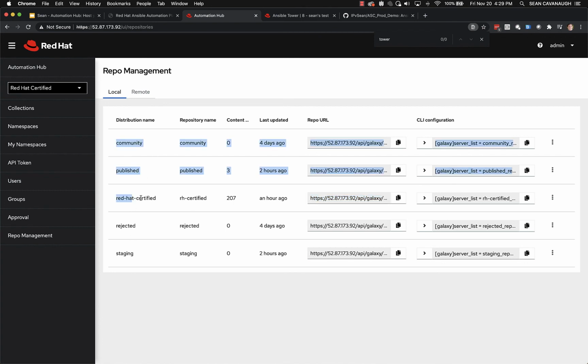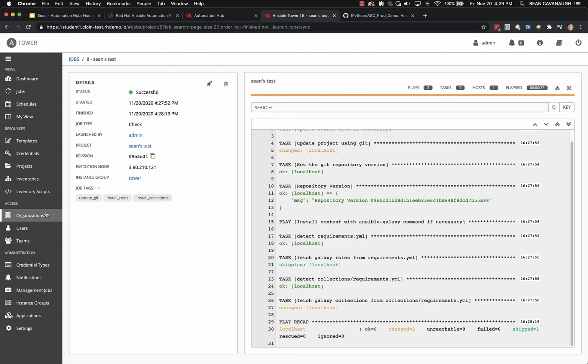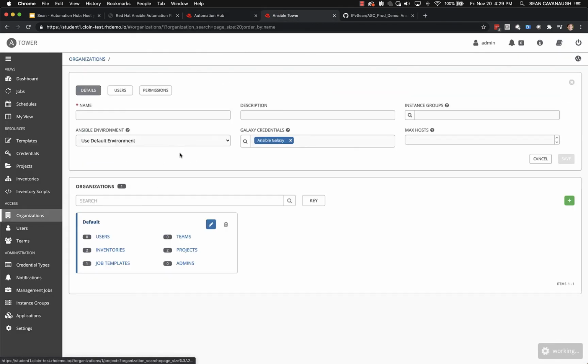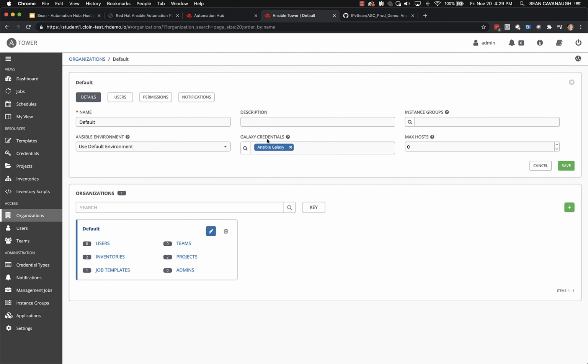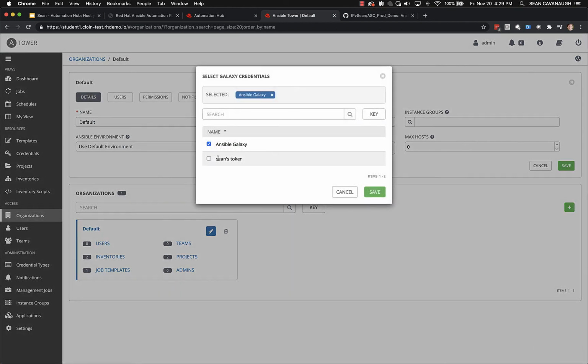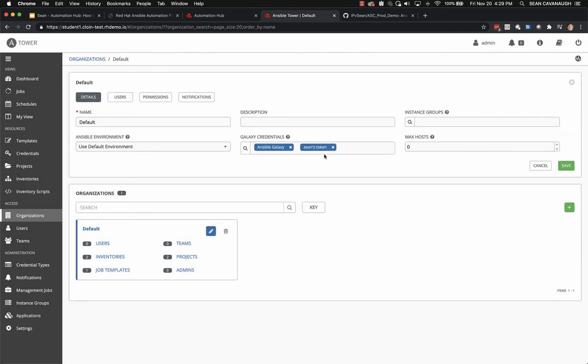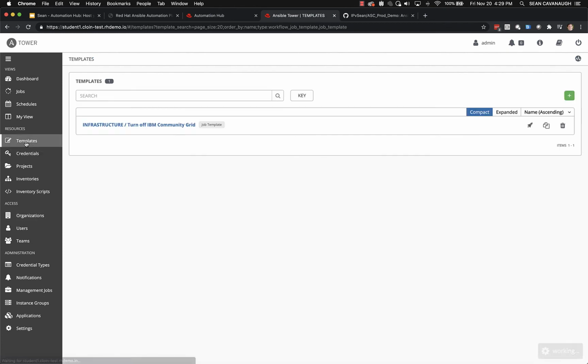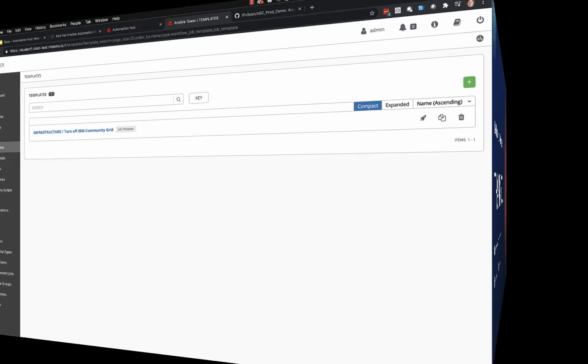But between these three, I can put them in order. So I could be like, I always want to use the collection from published, then certified, then community. And you just put those in order under your organizations. So in here, when you add these, it's reading them in order. So if I looked back at Sean's token, I could add both in order. And it's going to go literally from left to right, top to bottom, and load them in that order. And with that,